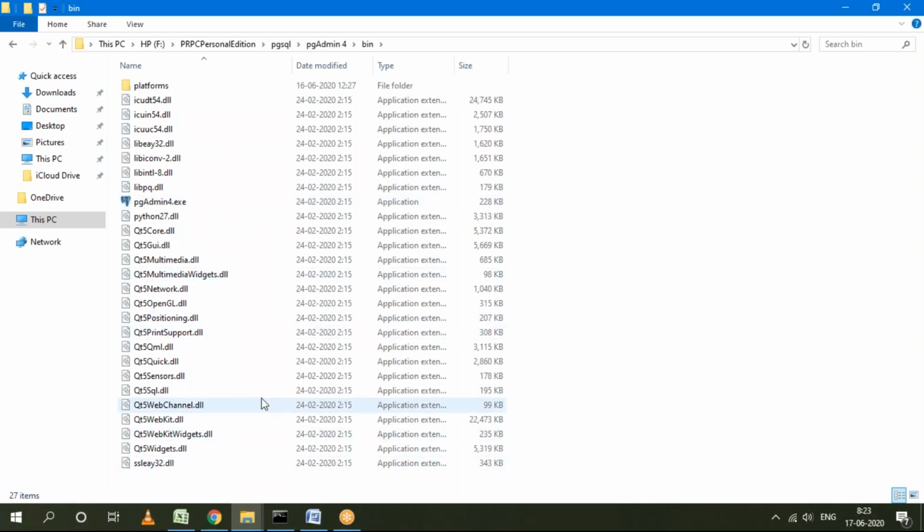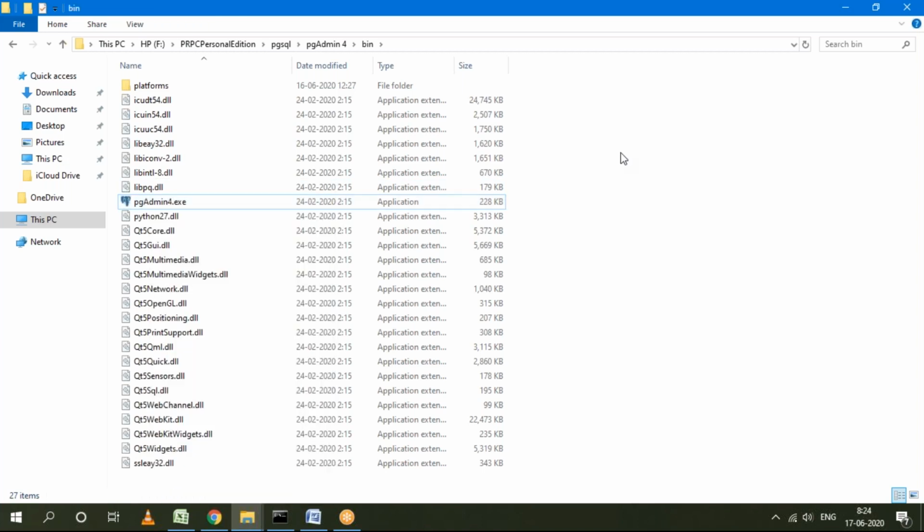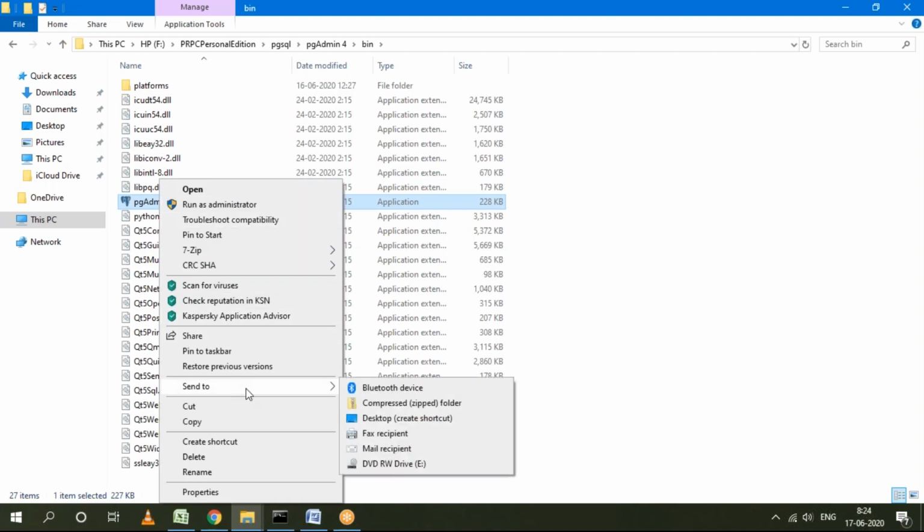If you want to open the rule base, if you click on this, we can open the rule base. But coming to this path every time is very difficult. So what I'm going to do is add a desktop shortcut for this file. In these folders you'll have this exe file, and using this file we can open and connect to the rule base server. But if I want to open it every time, we have to come to this path. So instead of coming to this path, I'm going to add a desktop shortcut for this. Send to desktop shortcut.